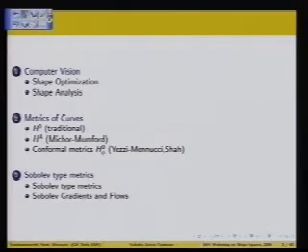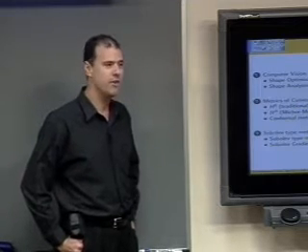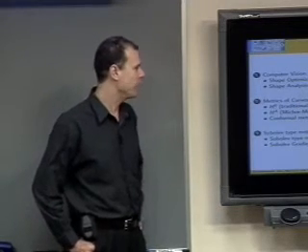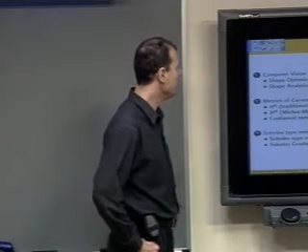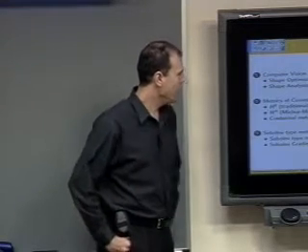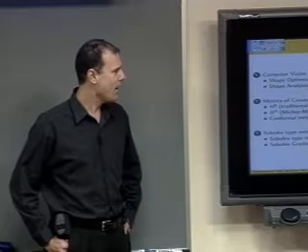So I'm going to start with just some introductory remarks about the role of shape in computer vision, and basically there's two types of categories. One is shape optimization, where the goal is to actually find a shape. And then the other is shape analysis, which is given a shape, you want to do some analysis on it, measure some properties. And a remarkable thing about these two areas in computer vision is that for the last 20 years,